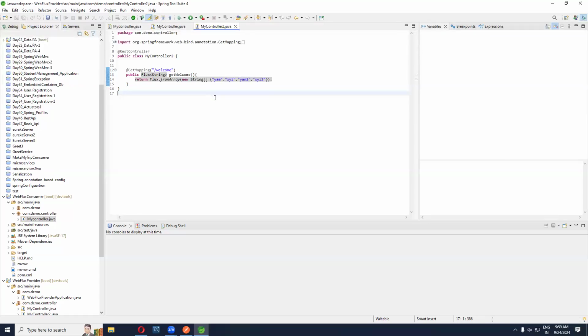So this is one way to do that. You are sending hard-coded values as a Flux. Instead of that, you can take the data from the database and send it as a Flux response also. And when you are sending that response, you can set the time interval. So I want to send the response every 10 seconds, or every 15 seconds, like that. You can set the time interval also when you are sending the Flux